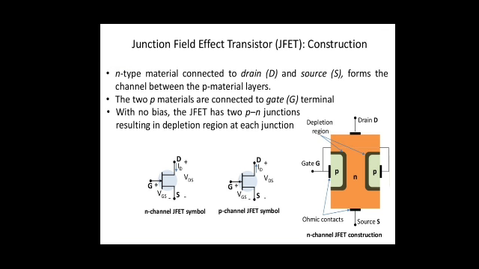Whenever you are giving positive at the source and negative at the drain, the positive voltage applied at the source will repel the holes, and these repelled holes will be collected by the drain as it is having negative voltage. So the holes will be moving from source to drain. When holes are moving from source to drain, that will result in current id.